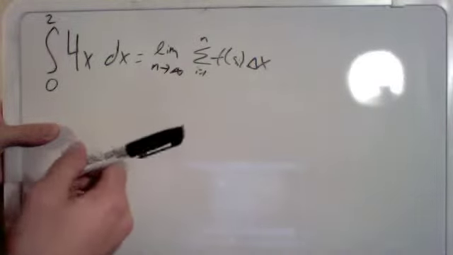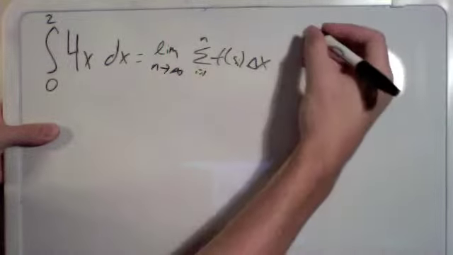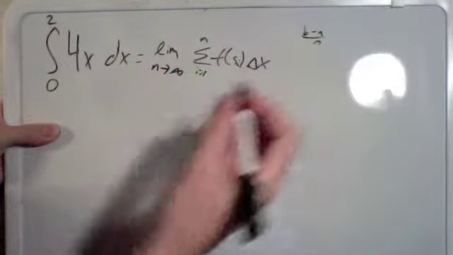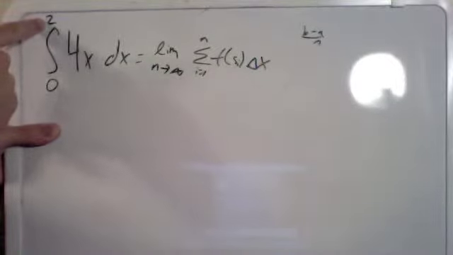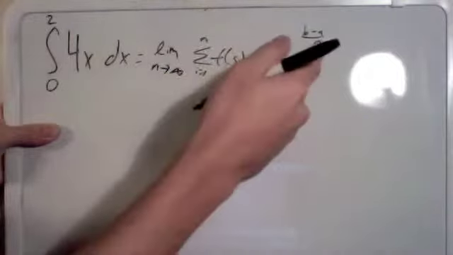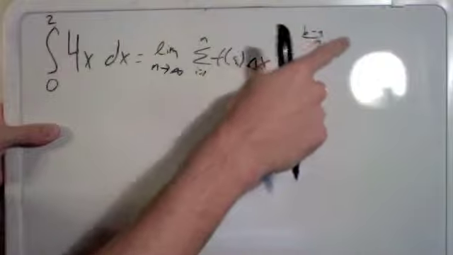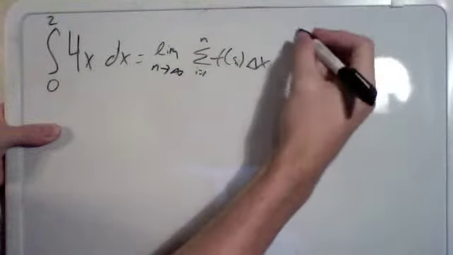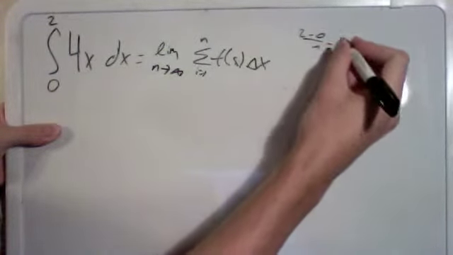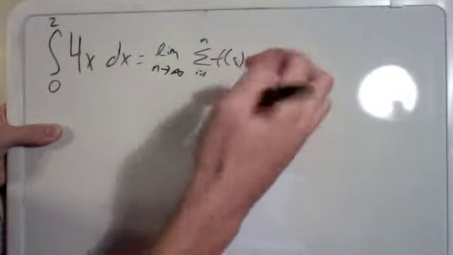So now we have to start figuring out what things are. Now we know that delta x is b minus a over n. We know b is 2 and a is 0 just from how this integral is set up. And n, remember, for this type of problem we're going to leave as a variable, or you can think of it that way at least. So that's going to be 2 minus 0 over n, or 2 over n. So we can go ahead and replace this with